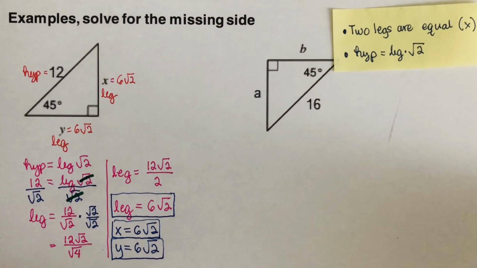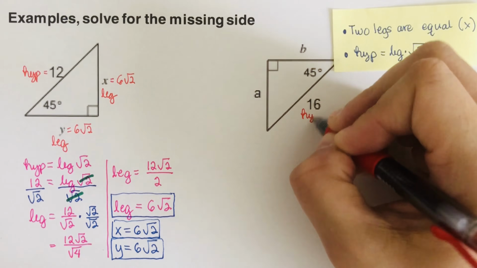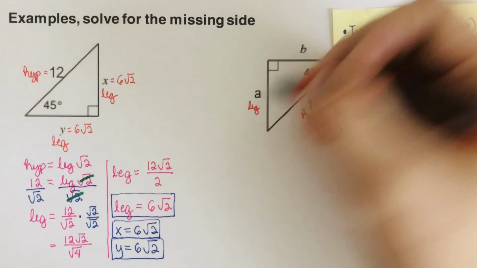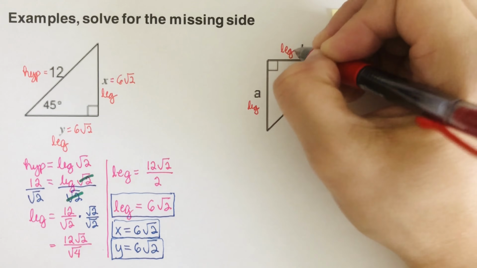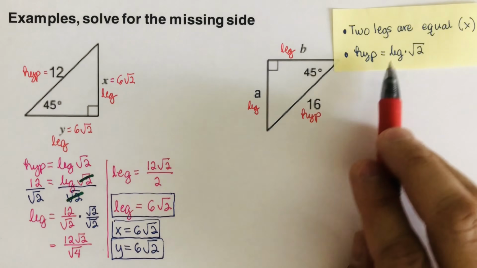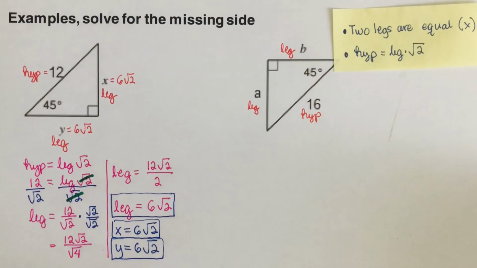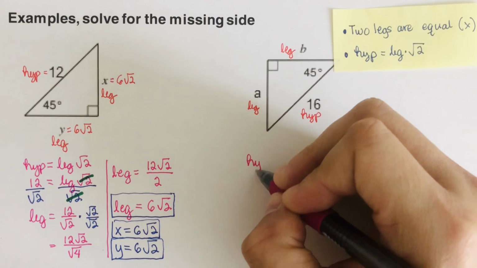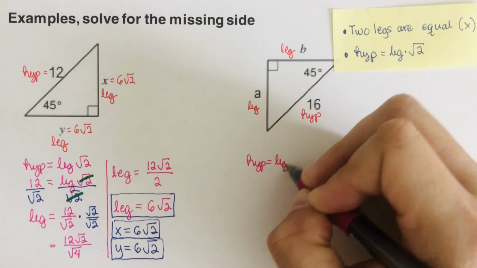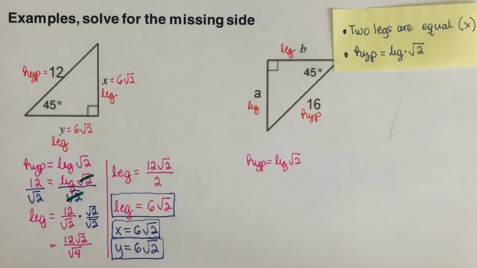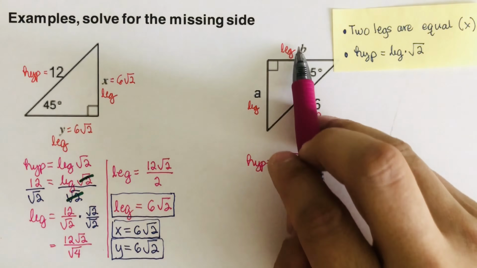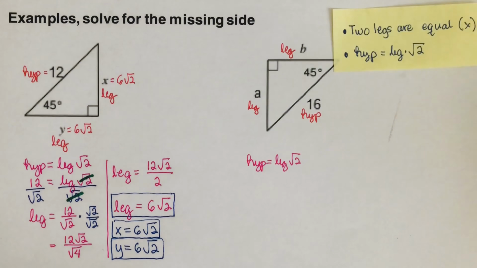So this is the hypotenuse here. These are the legs, and this is another leg right here. Since we're given the hypotenuse, we use the second equation. So that is hypotenuse equals leg times square root of 2. And since we want the leg, because the legs are the ones that are missing, we divide both